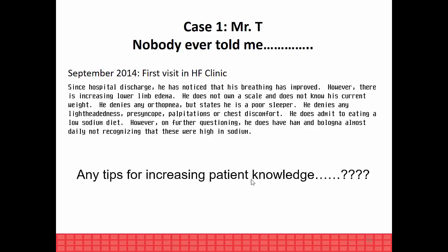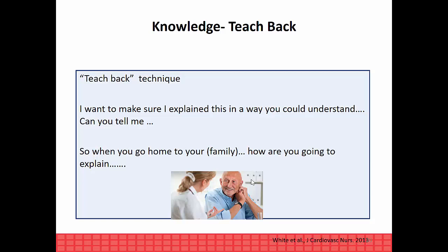So when you start hearing, nobody ever told me, you start wondering to yourself, did we actually not tell him? Or did he not hear? Or do we just need some reinforcement? Or are we just not getting the message across in a meaningful way? So how can we help? The teach back is one method of trying to identify if patients are understanding what you're telling them in the way that you've told them. So it's really about making sure they've heard the message and understand the message, and that our messaging is appropriate